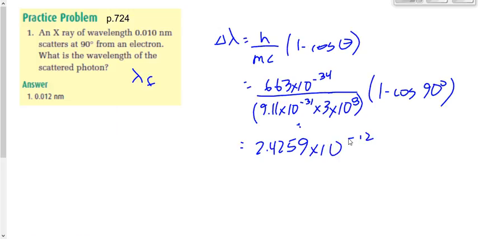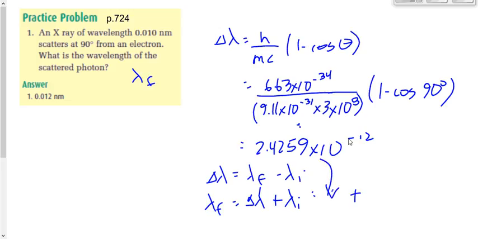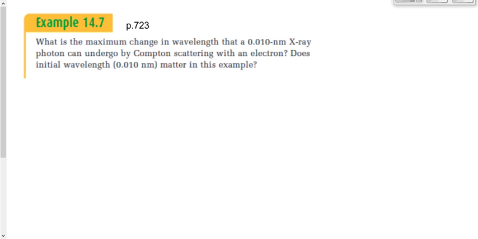Now, lambda f is going to be simply delta lambda plus lambda I, which is what I just got, plus 0.010 times 10 to the minus 9 meters. Is that okay, Julie? All right. If we're good with that,